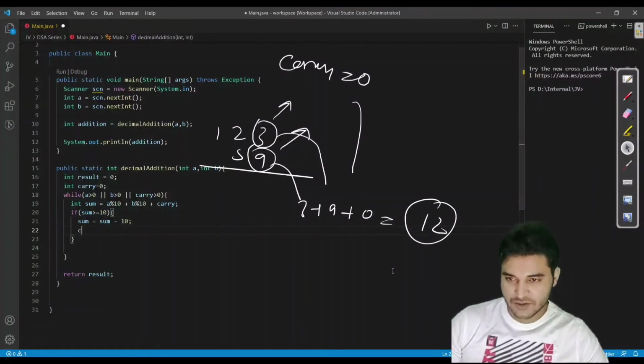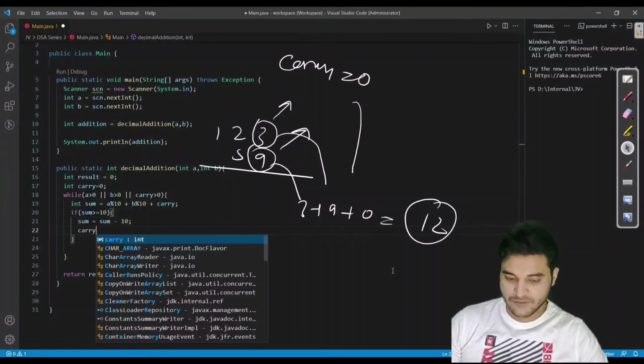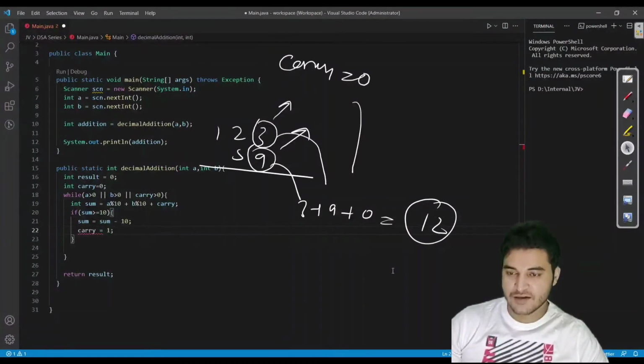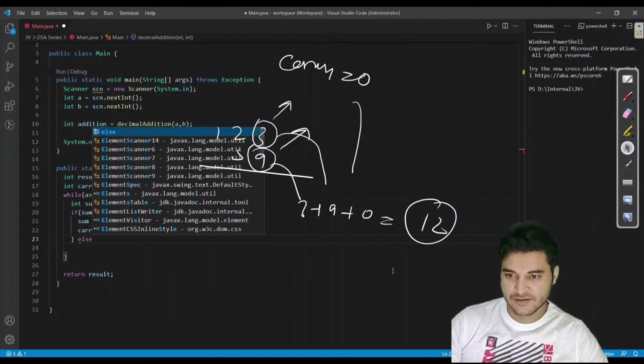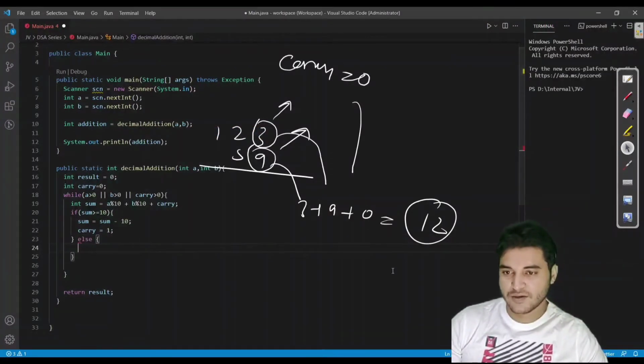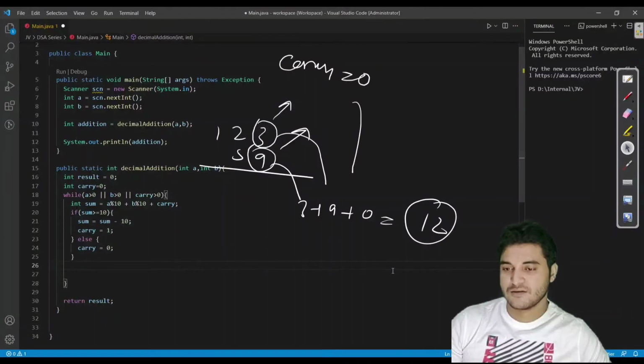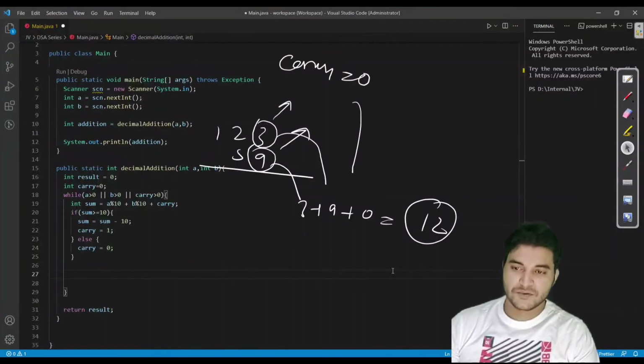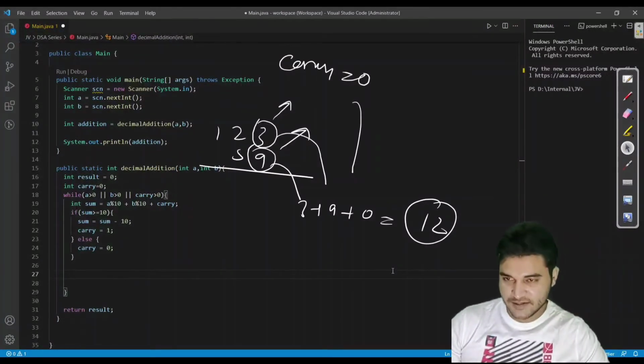And after doing this, we have to update the value of carry also as 1. Else, if the number was less than the base, then we have to initialize the carry as 0.